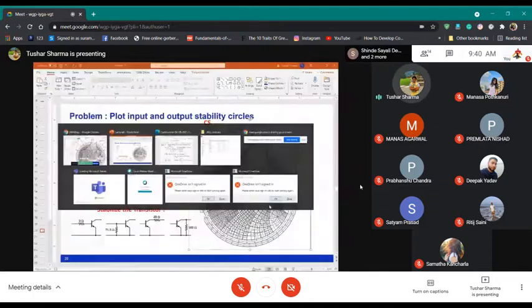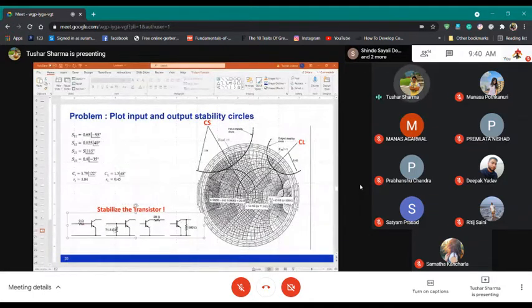So if you see, there are 4 solutions of this: 9, 71.5, 29, and 500. So by stabilizing the transistor, you can use different values of R. Now the question is, can somebody tell me which one out of these you think will be the worst in terms of your performance of the device? Say you want to use this transistor for gain. You want to get good gain. Which of the following will be the worst? Any idea?